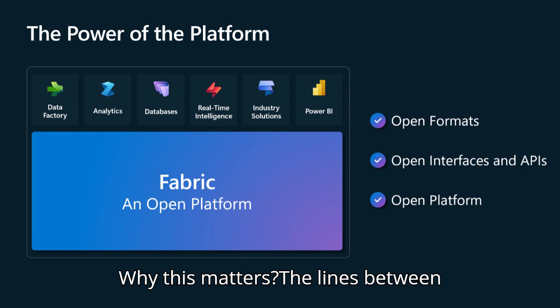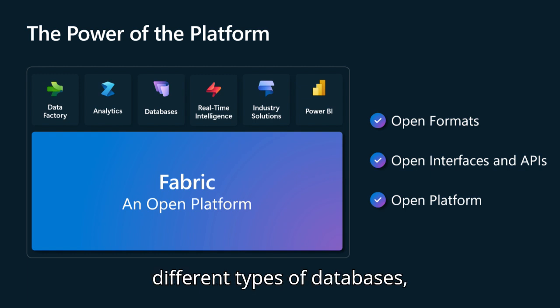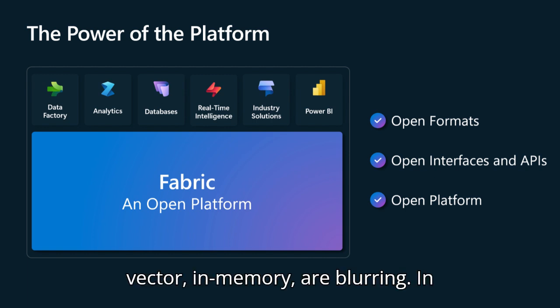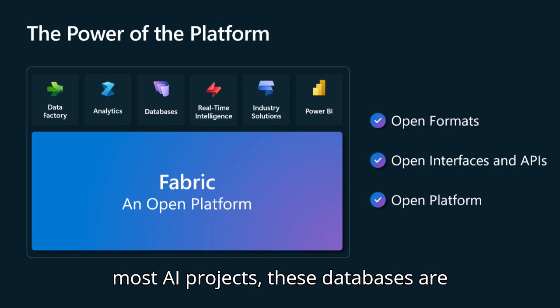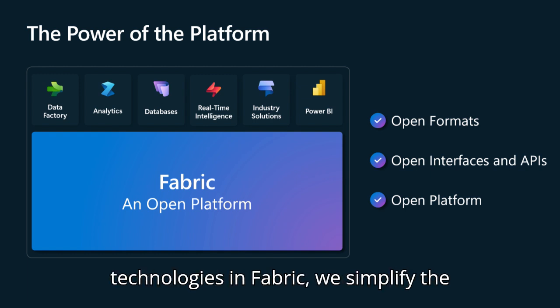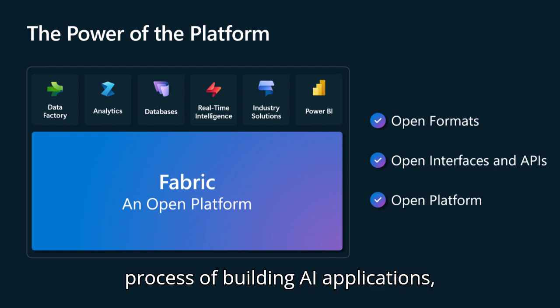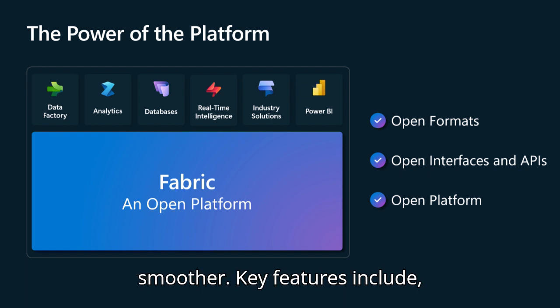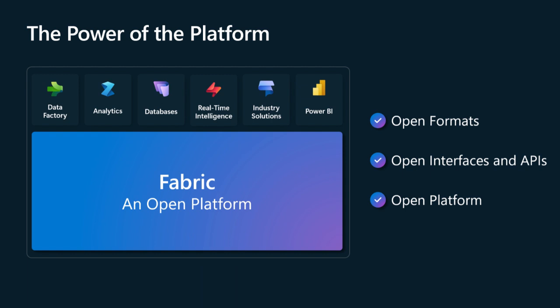Why this matters? The lines between different types of databases, transactional, NoSQL, document, vector, in-memory, are blurring. In most AI projects, these databases are used together. By converging these technologies in Fabric, we simplify the process of building AI applications, making the transition to the AI era much smoother. Key features include: